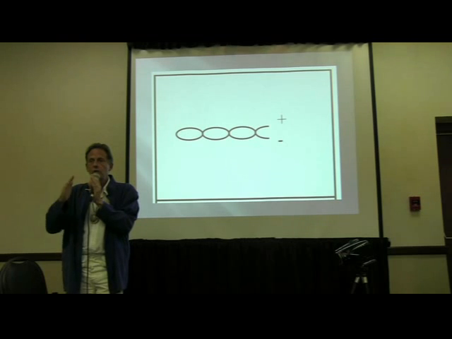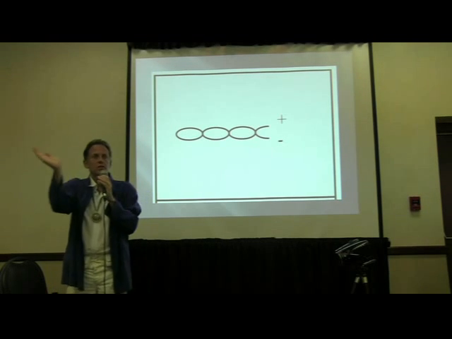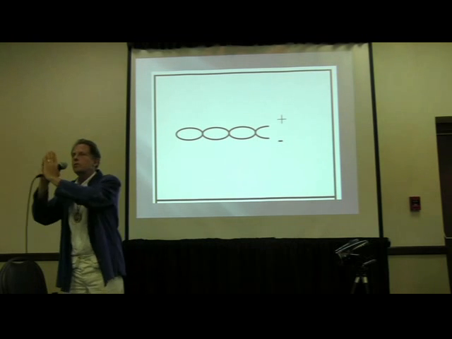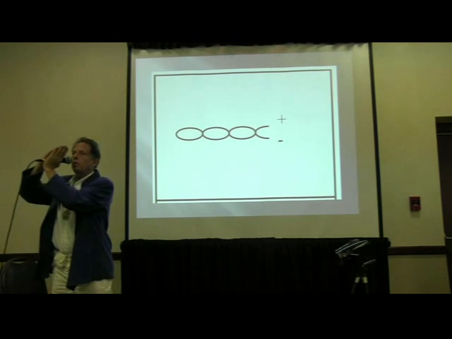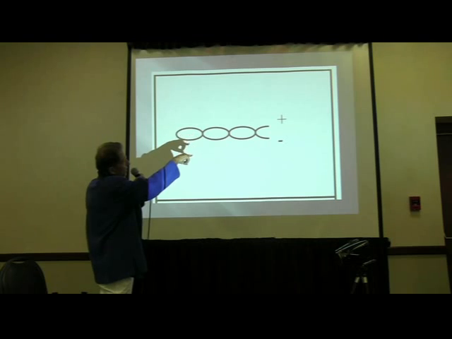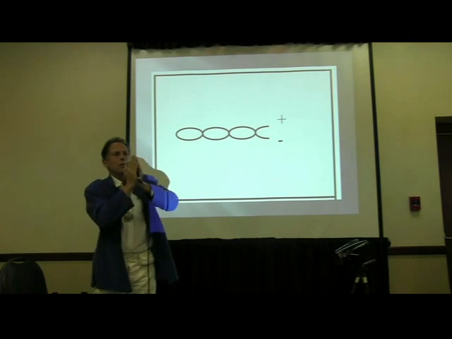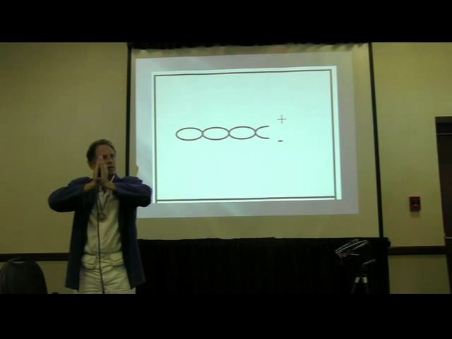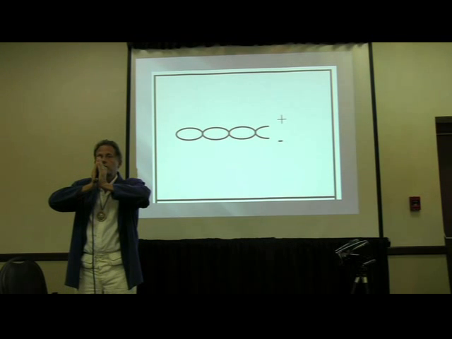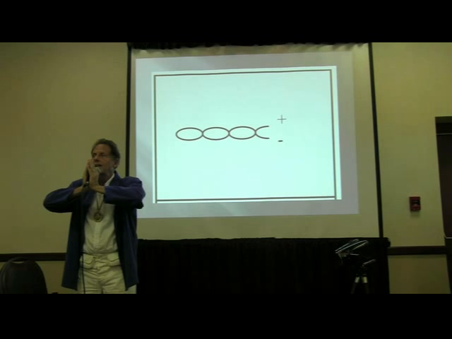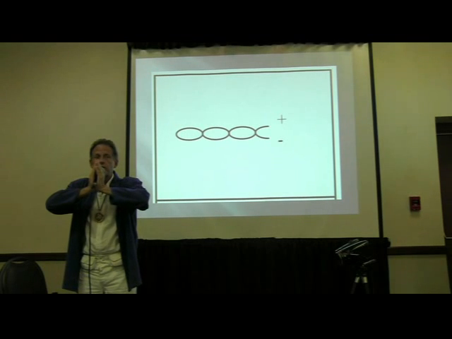But what you do have, so this is an example of an electromagnetic field. This is a sine wave, right? And if we have two of those sine waves working together, it would look like this. That would be like putting a plus on both sides, or a negative on both sides, and it'll create this motion. But if you put the plus on one side and the negative on the other side, the movement stops. And so there's no sine wave, there's no motion, there's no electro, no magnetic, but you get twice as much of the